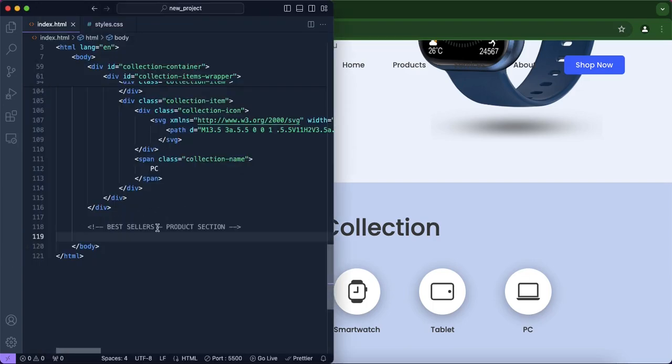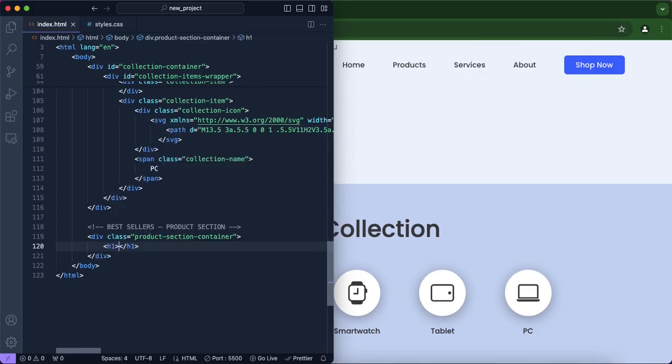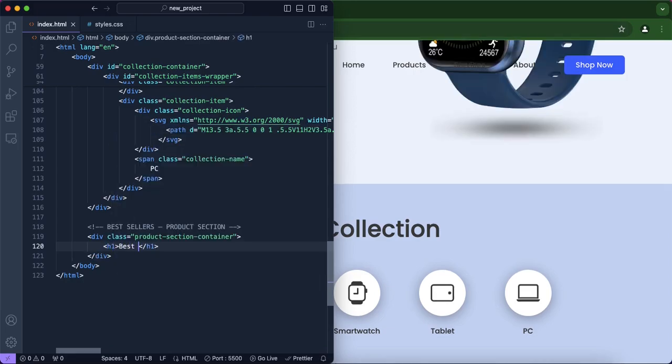There could be top collection, there could be trending products, so you could create different sections with the same container class, the same kind of layout, the same kind of styling, only that you could change the type of product. So that's why we're making it a class rather than an ID. So here we'll just call it product section container. Now we're going to be creating the heading, the first heading of our container,